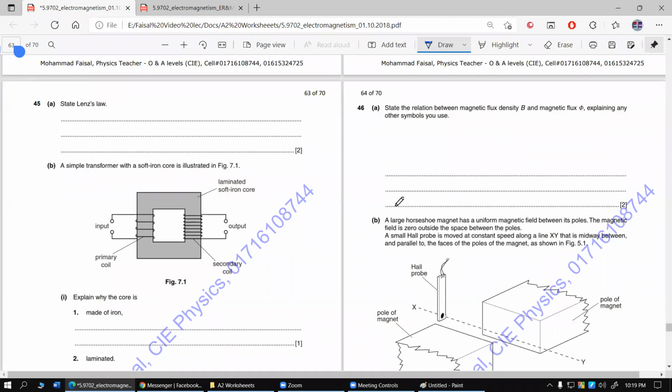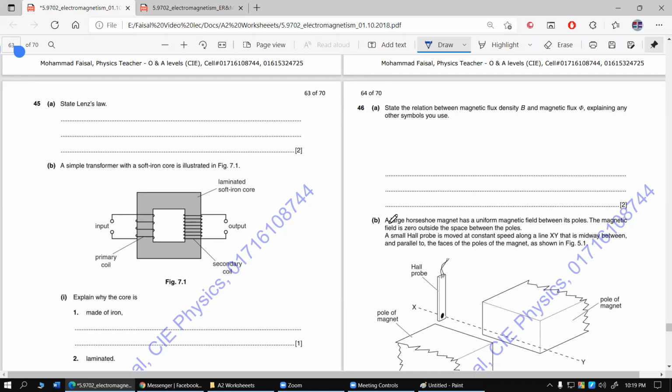এই কোশ্চেনটা একটু কমপ্লিকেটেড, আমার এই কোশ্চেনটা বুঝাইতে বেশ খবর হয়, সো একটু কেয়ারফুলি সবাই দেখো। কোনো কিছু না বুঝলে আমাকে ইমিডিয়েটলি বলবা, ডোন্ট ওয়েট ফর মি টু ফিনিশ। 46, state the relation between magnetic flux density B and magnetic flux phi explaining any other symbol you use. So phi equals BA, এটা তোমরা কি জিনিস সেটা গুছায় এখানে লিখবা। ইকুয়েশনটাকে জাস্ট ডেসক্রাইব করলে হবে, ডেরিভেশন দেখানো লাগবে না।